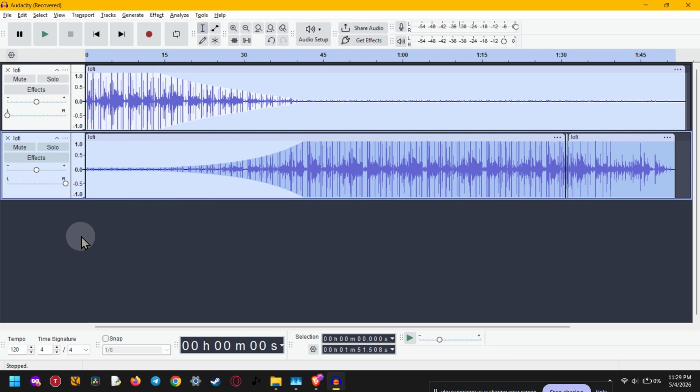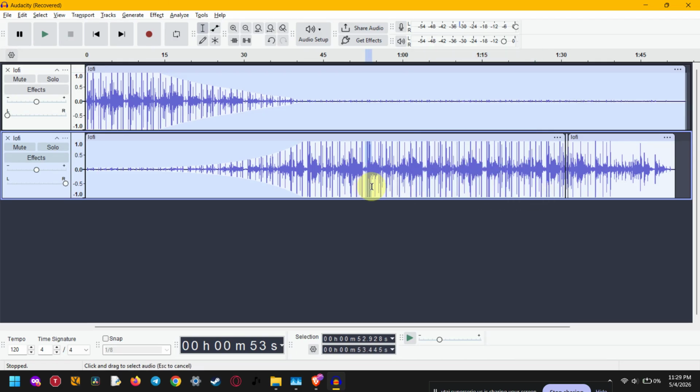Let's jump right in. First, let's look at how to duplicate a selection to a new track. Open your project in Audacity and find the selection tool icon. Click that tool so you can make an exact selection on the waveform. Now click and drag across the part of the waveform you want to copy. You can select a small section, a phrase, a sound effect, or any part of the audio you want to